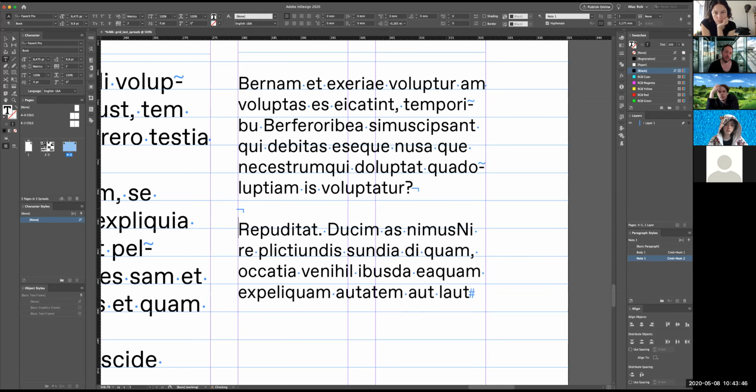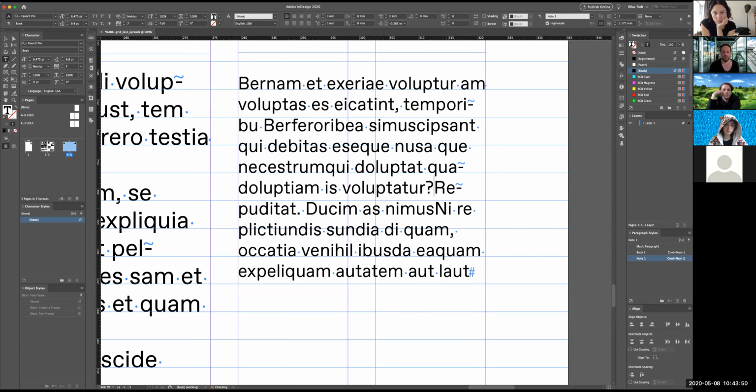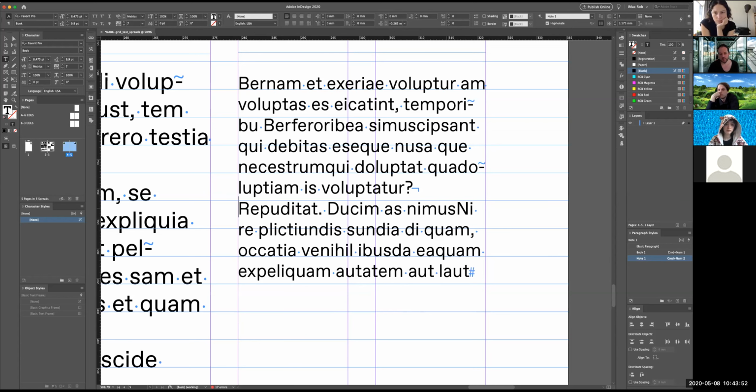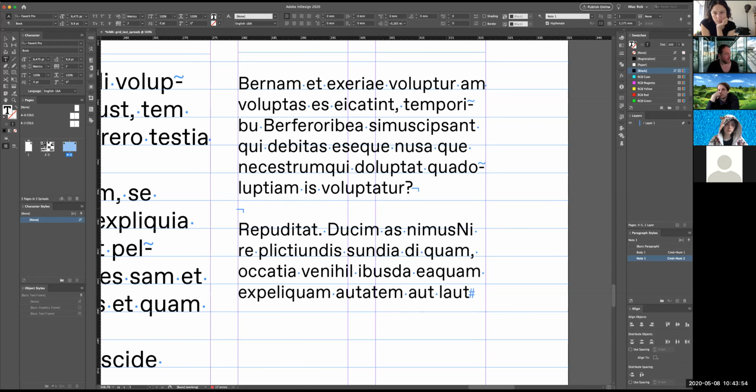And a line break would be like this. So you can see the difference. So you can play with line breaks and paragraph breaks. The only thing is, in all of InDesign, a paragraph break and a line break are